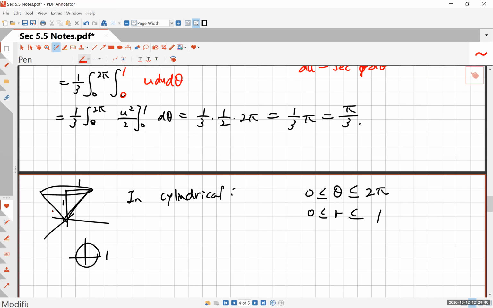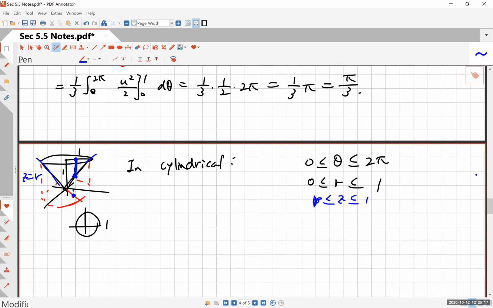Now, once you pick a particular theta and a particular r, then you have to figure out z goes from what to what, all right? And remember, this is the cone, 45-degree angle cone, so z is equal to r. So z actually goes from r to 1. It doesn't go from 0 because 0 is down here, right? And this is what appears to be a cone, sort of like your coffee dripper. And so it goes from this point r all the way to when z hits 1.